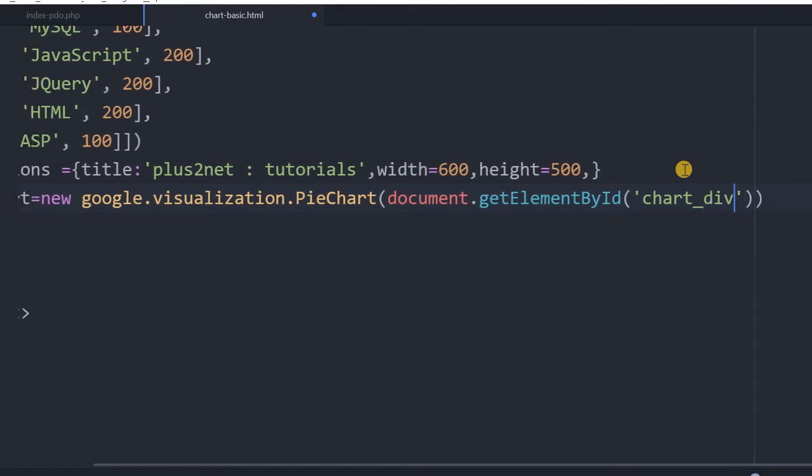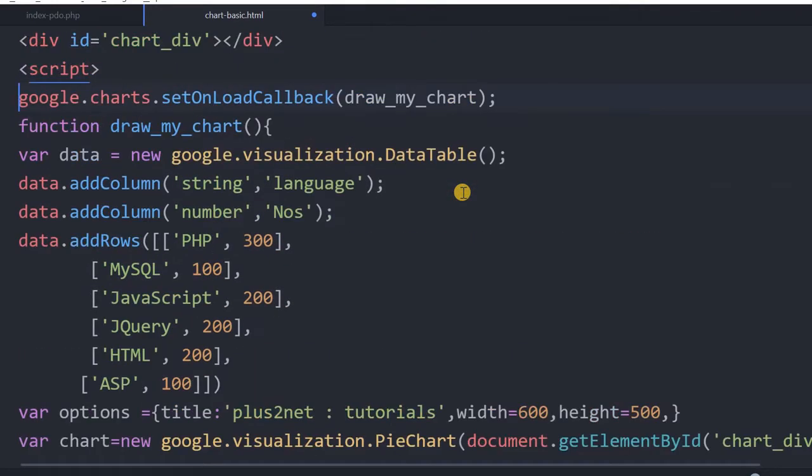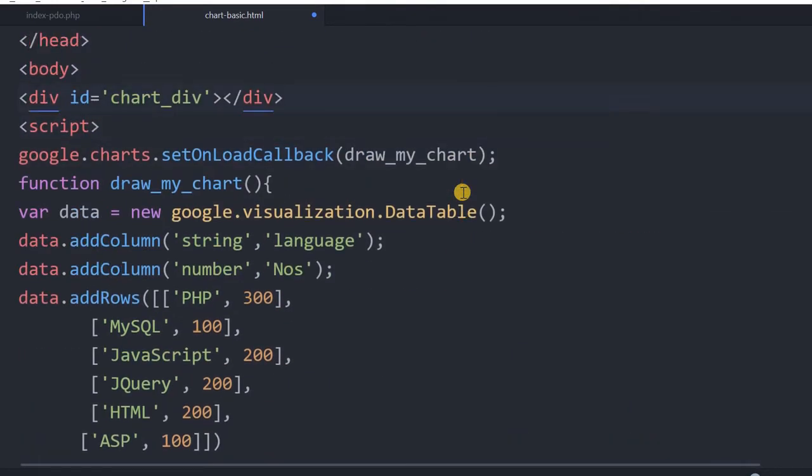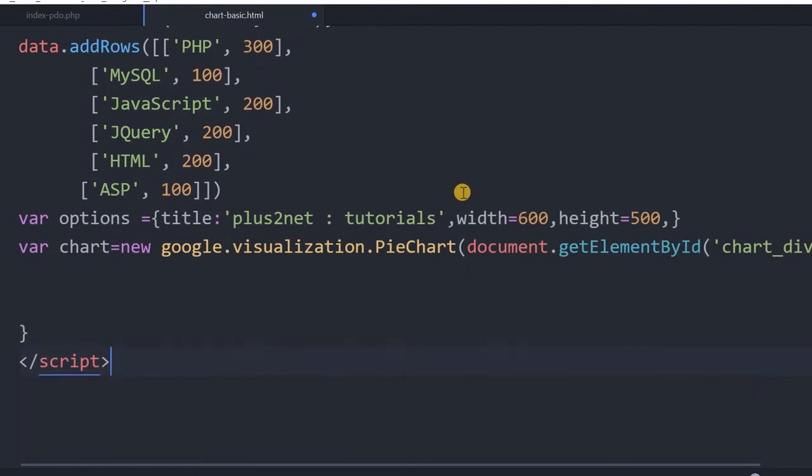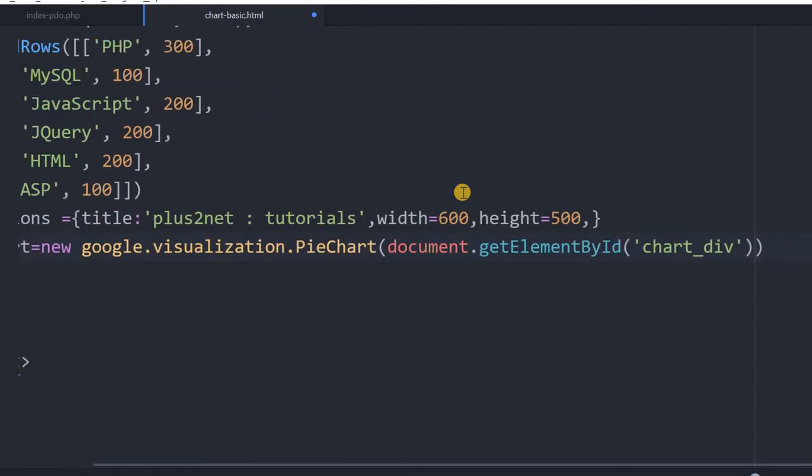If you have seen this earlier, just let me show you. In the body tag, here we have declared it. This is the div where the chart will be displayed. So we want to tell that to Google, that we will pass this. So we'll say document.getElementById, chart_div is there. So this is where the chart will be displayed.